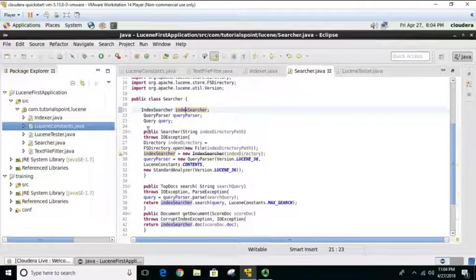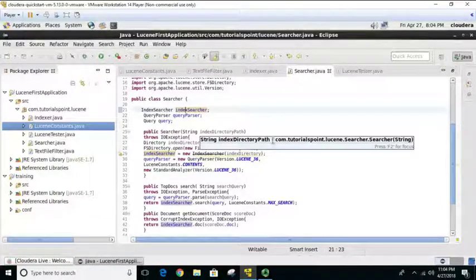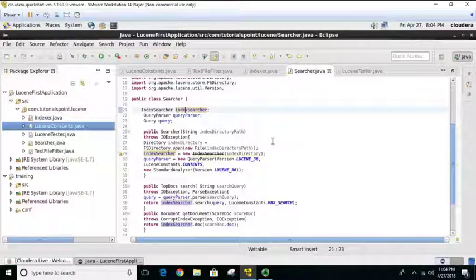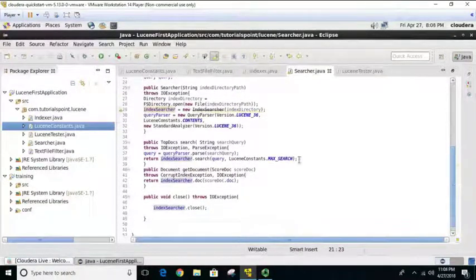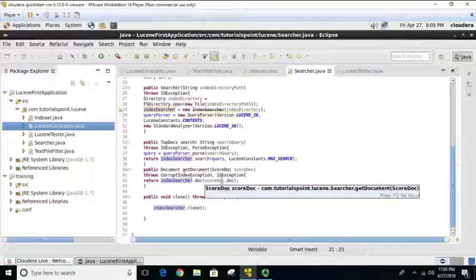Now the QueryParser will take the search data and then it looks into the index directory. Once the QueryParser takes the search data, it will go to the index directory, and the ScoreDoc